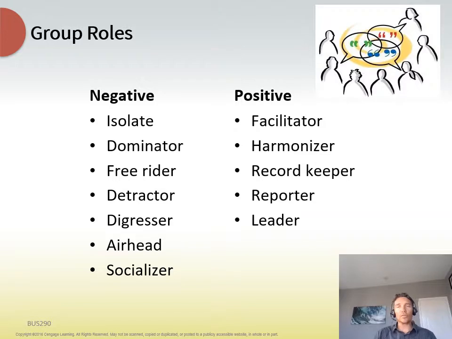Another tool that you can use in formal business meetings, we typically work off an agenda. An agenda is an outline that lists here's where we're meeting, who's attending, and it lists in numerical order the topics that we need to discuss, and oftentimes the agenda also includes time allotments for each of those agenda items. If you find that your meeting, your group gathering, is going off track because of some negative roles, somebody's trying to digress or dominate, then an agenda can be a wonderful tool to help you